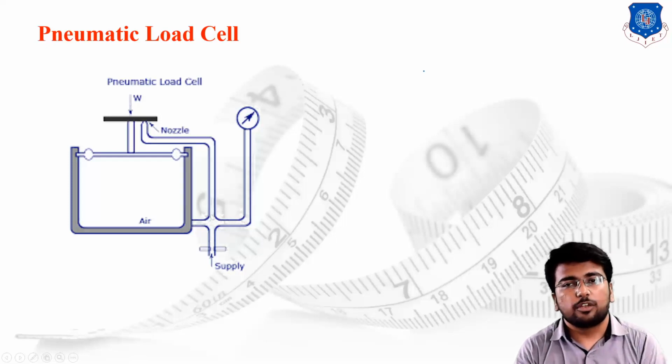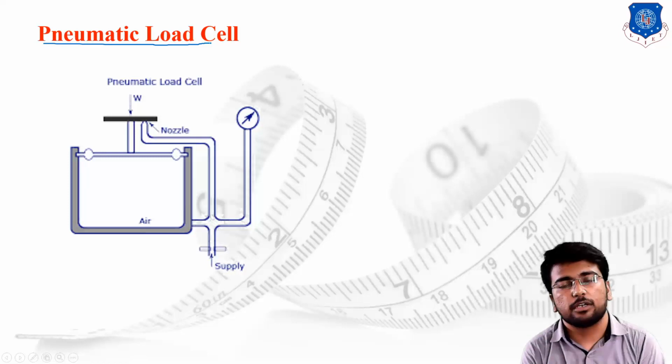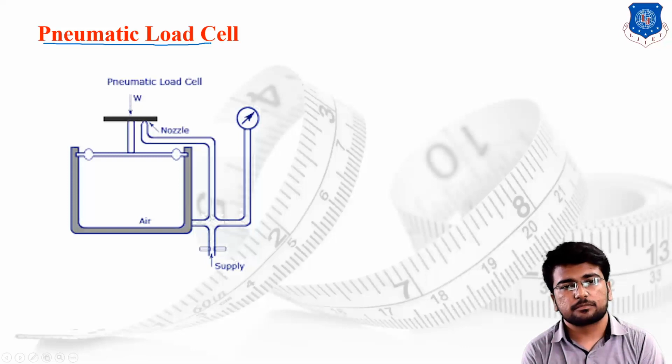So we are not supposed to use a pneumatic load cell if it is not required, but when it is required, it is compulsory to use it because it is a very clean arrangement for the measurement of forces. If there is a chance of any flame, then we use a pneumatic load cell, because in the hydraulic load cell, continuous use of hydraulic oil with heavy pressure, there might be some chance of an increase in the temperature.